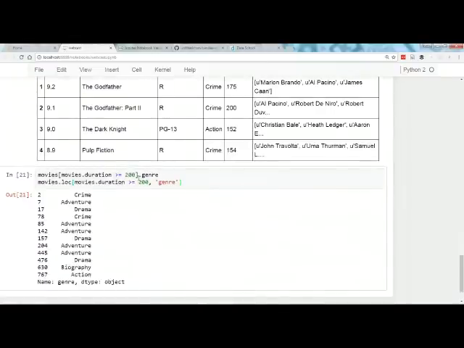I just want the genre column. I'm getting the data frame and I'm selecting the genre. I'm doing the same thing here. The thing is, I would rarely do the first. In this case, I would always do the second.